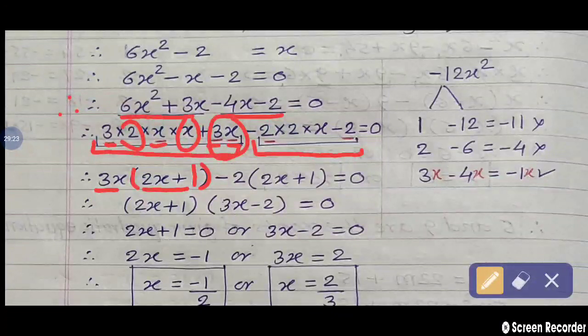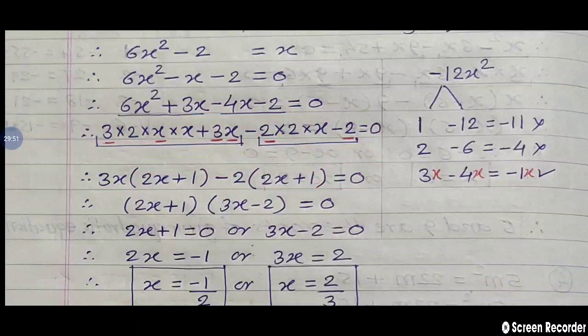Now the next 2 terms, what is the common? 2 is common and having a minus sign is also there. So minus 2 is common. What is the remaining bracket? So taking the minus sign as common, if we write the remaining terms in the bracket, they are all positive. So 2x remains here. Check that, 2x plus, this minus 2 as a common factor, nothing is there, remain means 1. So this is equal to 0. Check that.